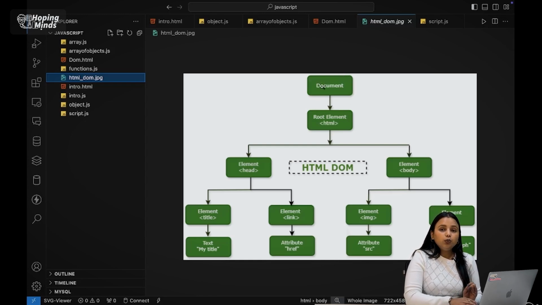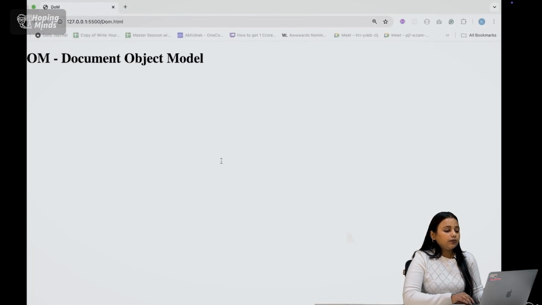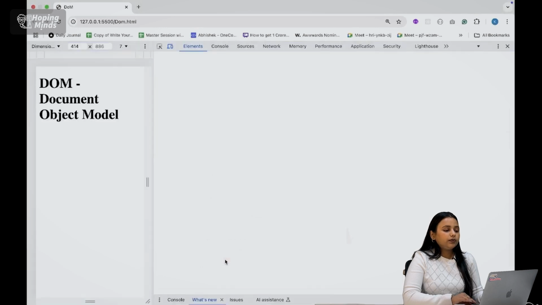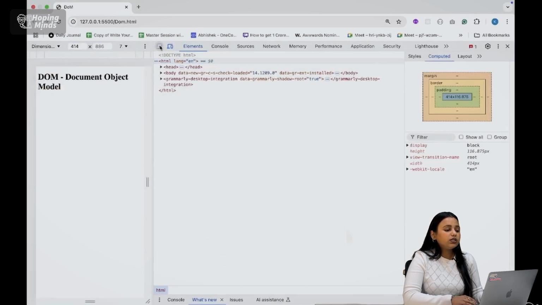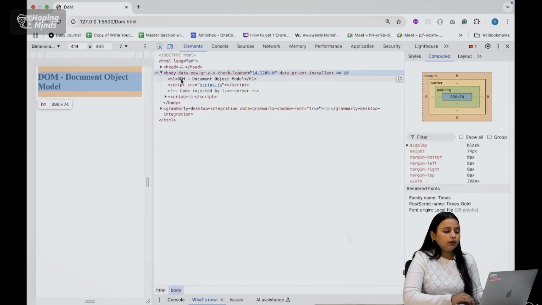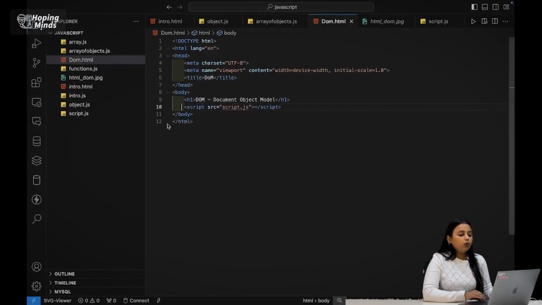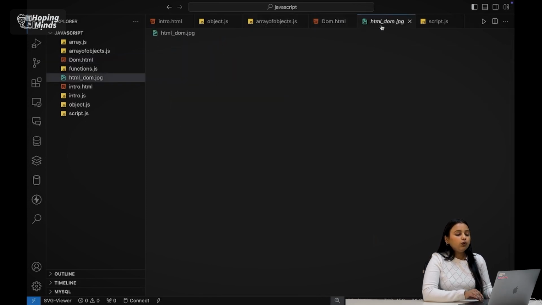This tag is converted into a node, and a node is basically your tag. So you can use them vice versa. Whenever it is a node, we refer to it as an object, and it is an object because your tag was there which was converted. Now come to this, inspect it. You will see all the elements over here when you hover over them. So now when you go back, this HTML is considered your root element, because if you look at this image,